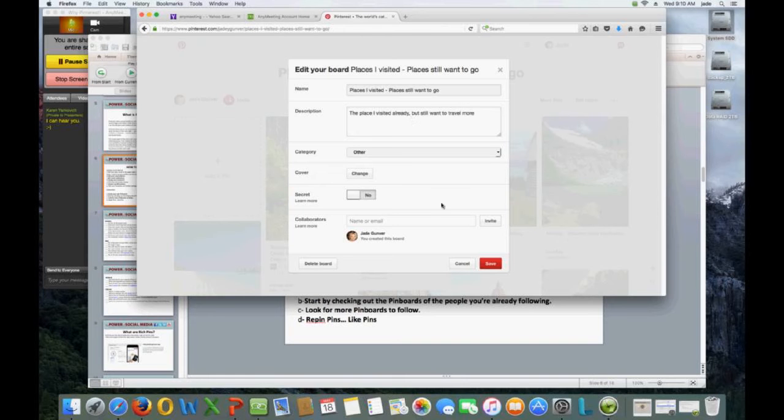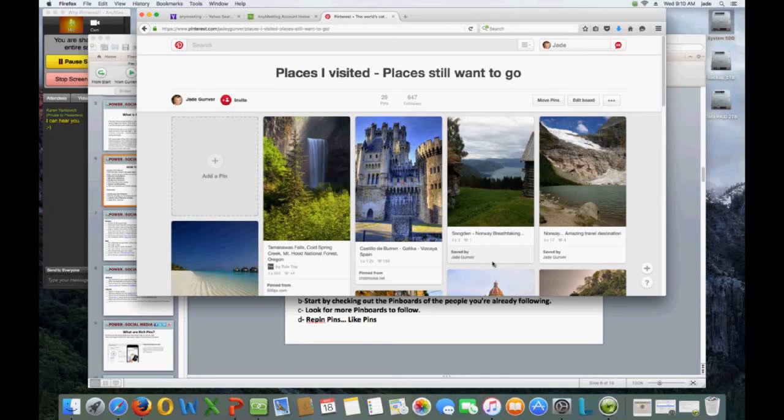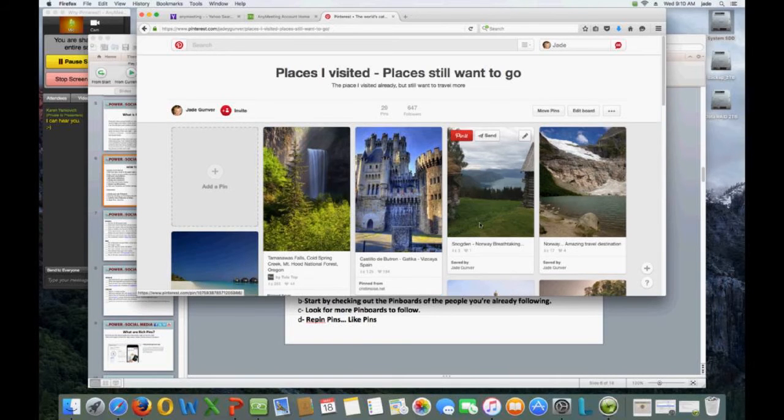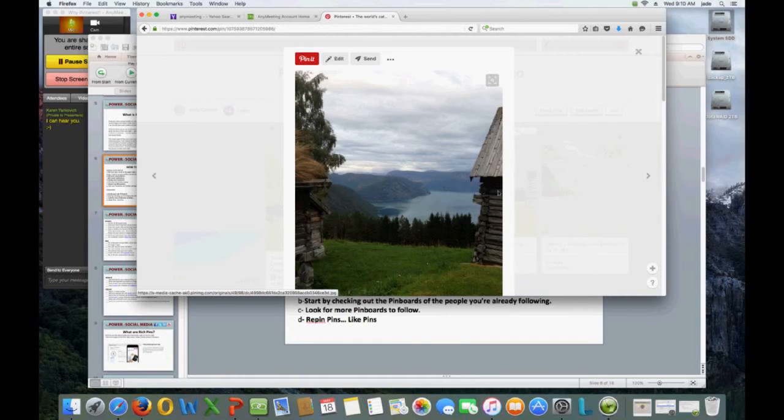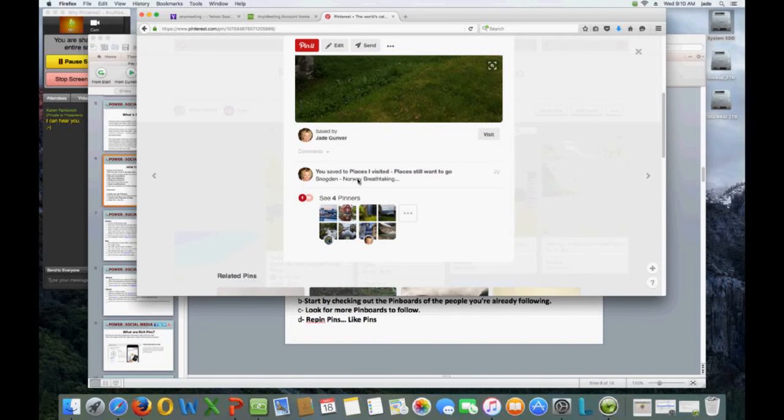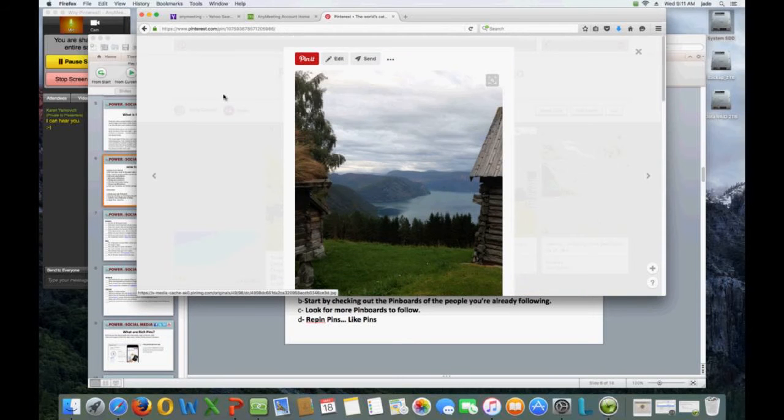So those are the spots that I truly liked, because this one is saved. This one is one of my beautiful travels, a business trip. I went to Norway. Look, I took this photo and I pinned it. And Norway, breathtaking. It was Snøgden, and it was really breathtaking. So those are the things that you can do.